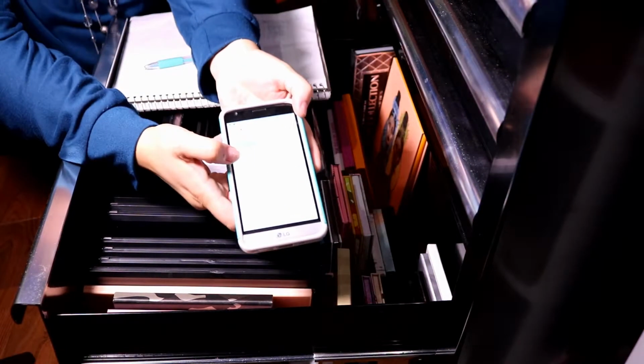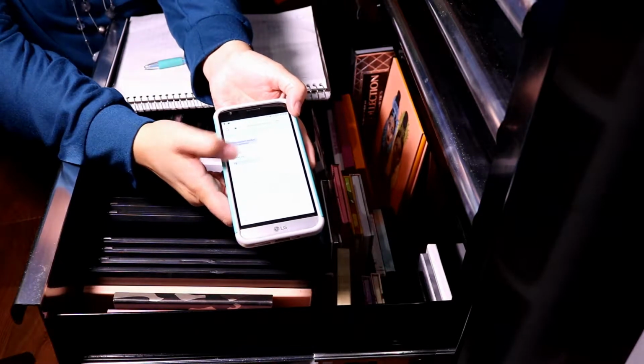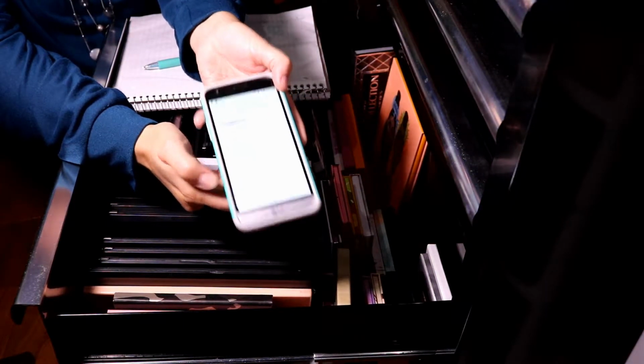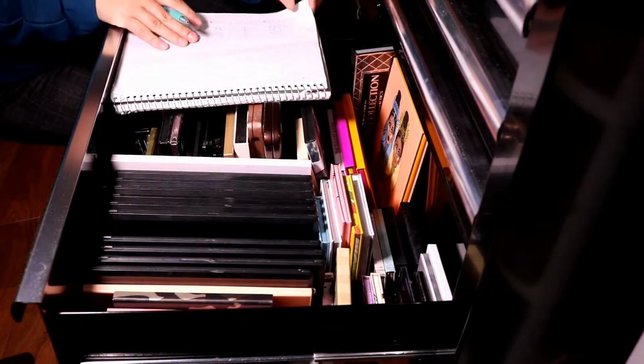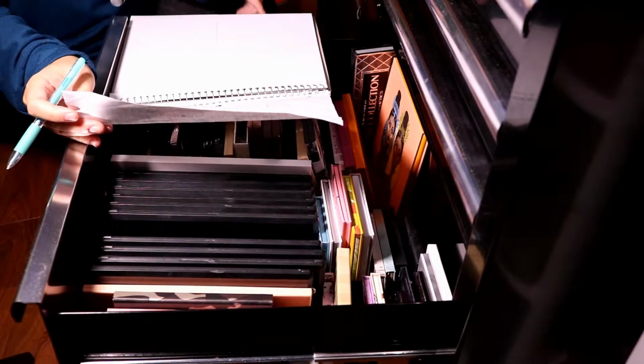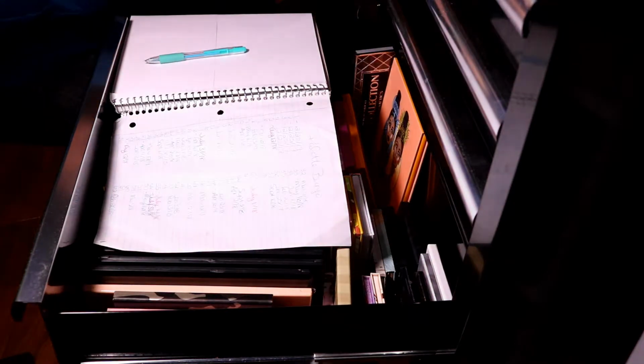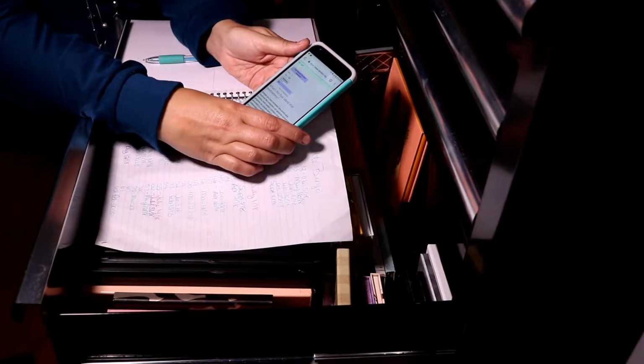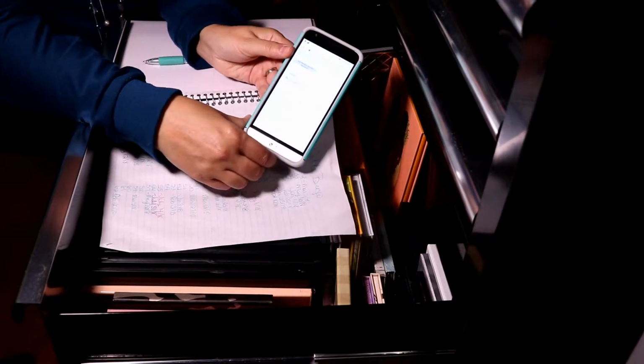So I go to random number generator, I hit generate, and I got number 3 this time. So let's see, have I used number 3 before? And I have, back in December. So I'm going to just generate another one. And this time I got number 74,